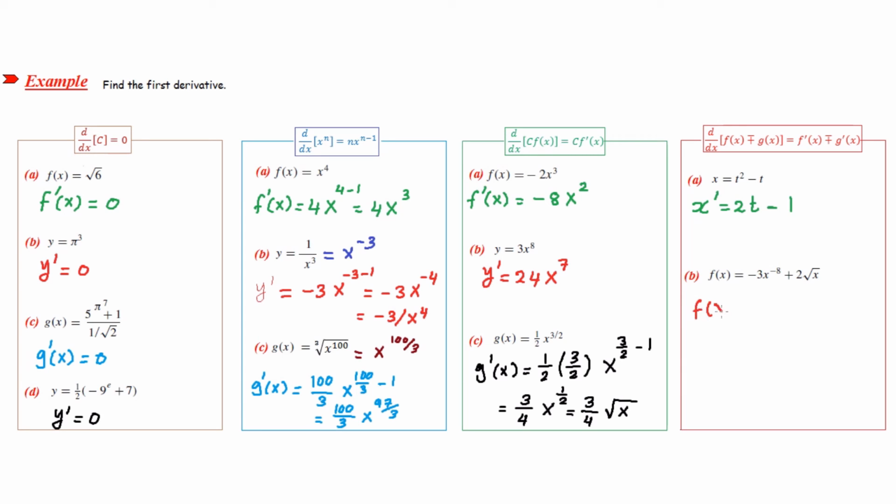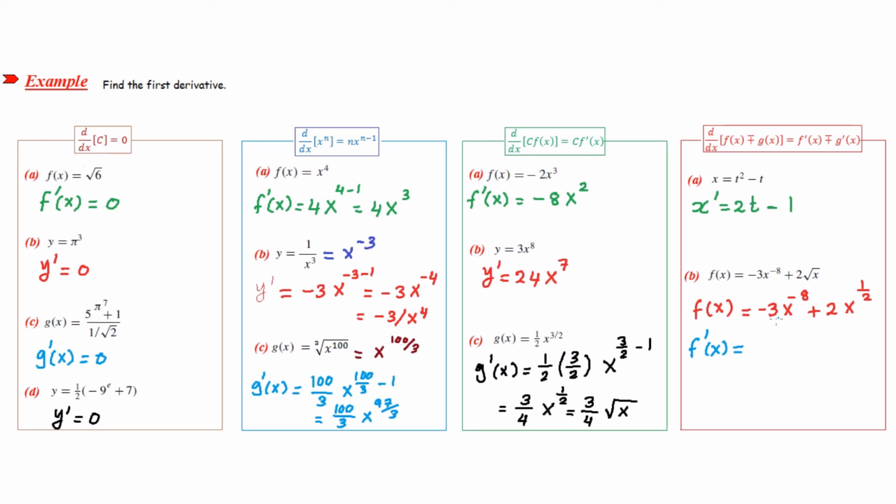F of x equals negative 3x to the power negative 8 plus 2x to the power 1 over 2. We have addition of two functions. So f prime of x equals,